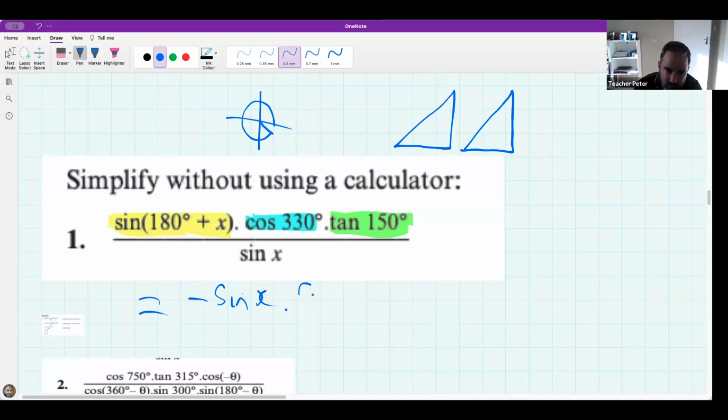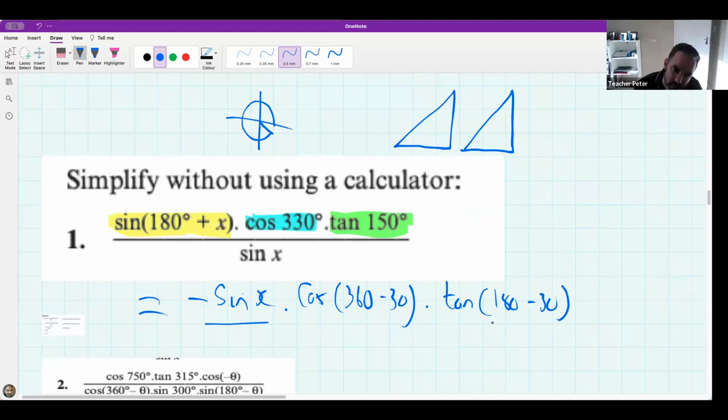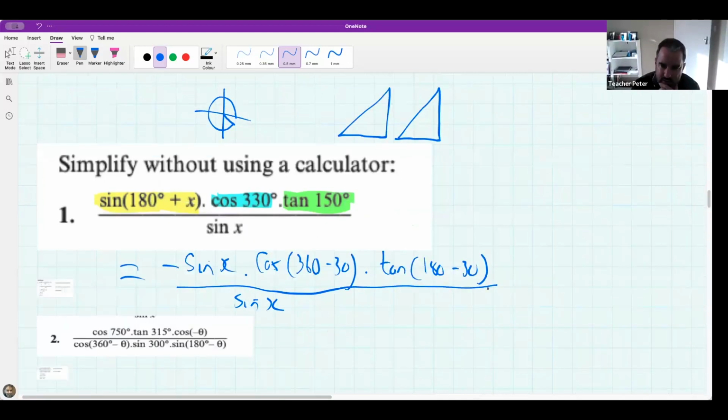So I'm going to write it as, so some of you might be able to do this in one step now. I'm not sure. But if you're unsure, just rewrite it. Do that first little step where you do it like that. But you don't have to do that step. It just depends on how confident you feel. So if I was doing it the longer way, I'd do it like that as my step 1. And then my step 2,